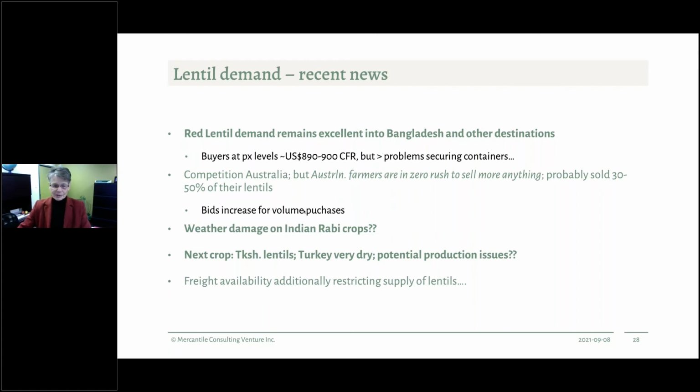I know there have been lots of inquiries by some of these destination buyers into Canada, but also into Australia. There's some decent price levels, actually, but the biggest problem is securing containers, and shippers both in Canada and Australia tell me, well, we will make a deal when I have secured the freight and have relative confidence that I will actually get it. So this is exactly what Greg Northey was talking about, and I think this problem is almost cumulative as we go through the year